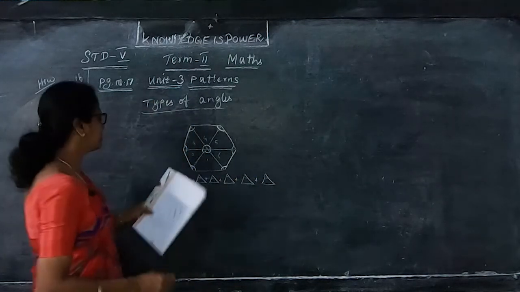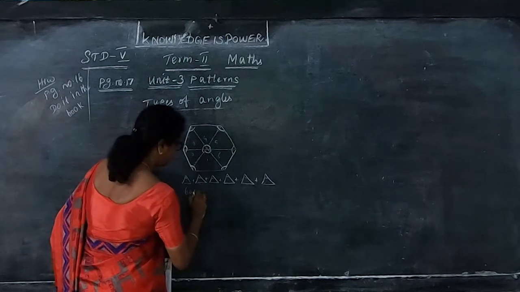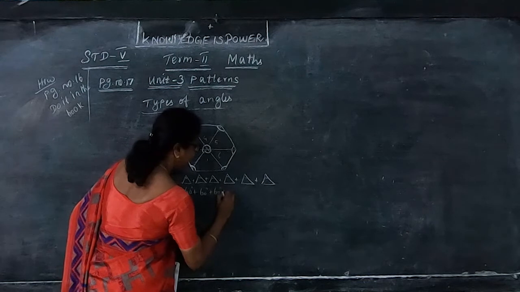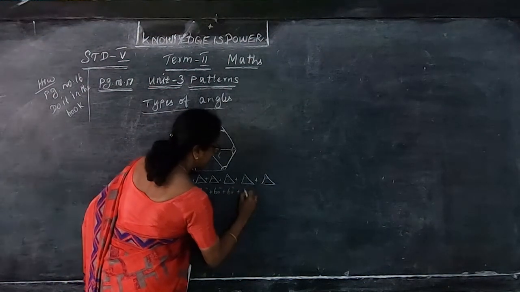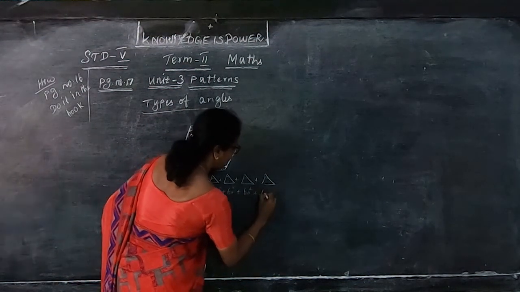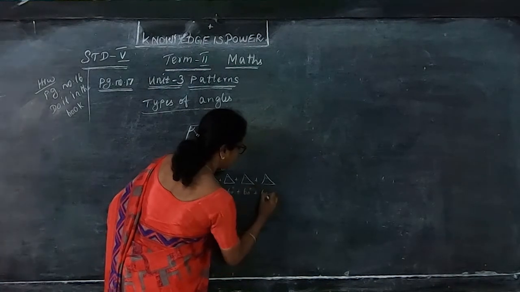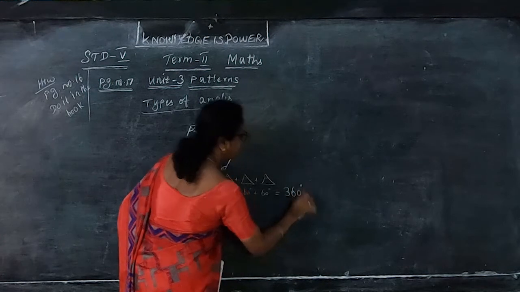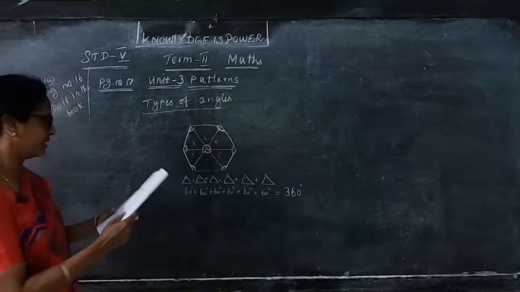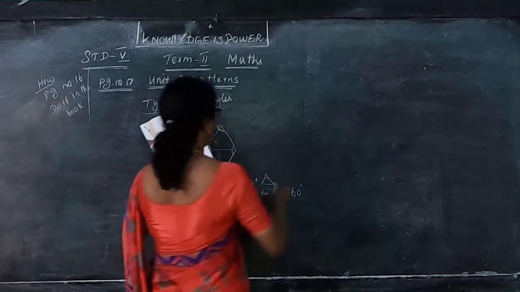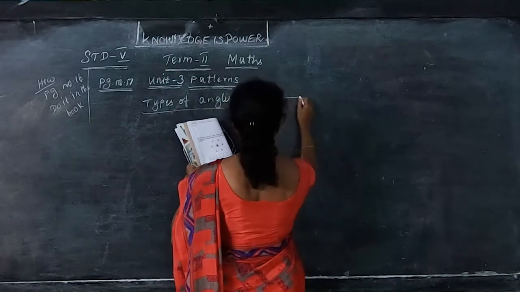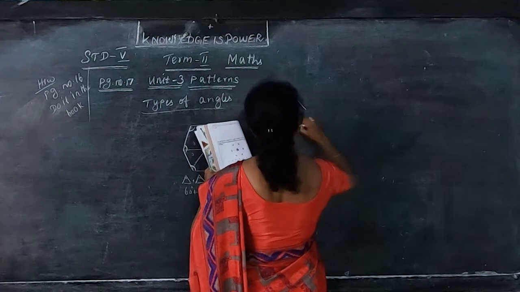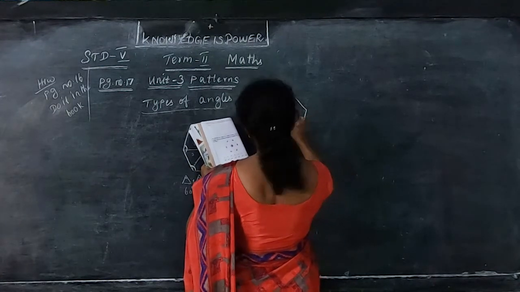So this will be equal to 60 degree plus 60 degree plus 60 degree plus 60 degree plus 60 degree plus 60 degree, that is equal to 6 sixes are 36, 360 degree. Now they are given here on the hexagon. Okay, so like this they are given. So here also